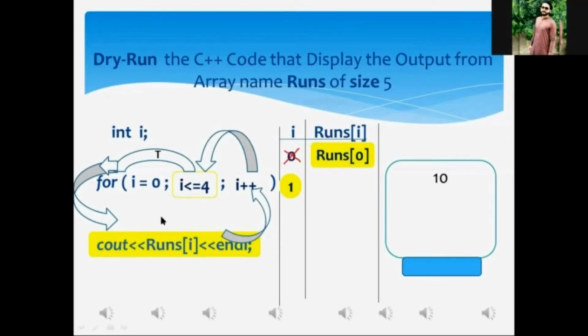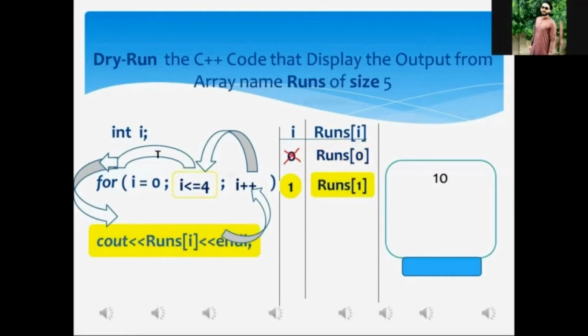If we place the current value of I in the address we have specified in the cout statement, the address becomes runs within square bracket 1. And runs[1] is the second memory location of the array named runs. Is it so or not? Yes, sir.